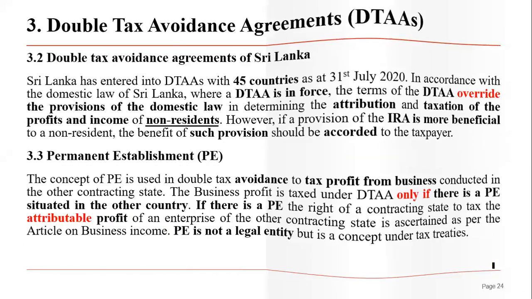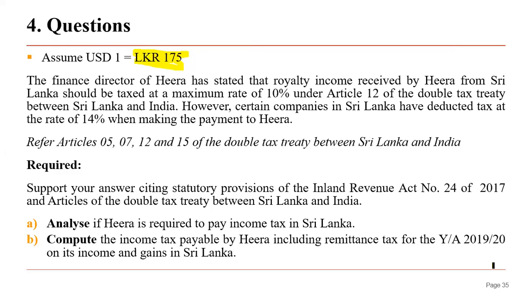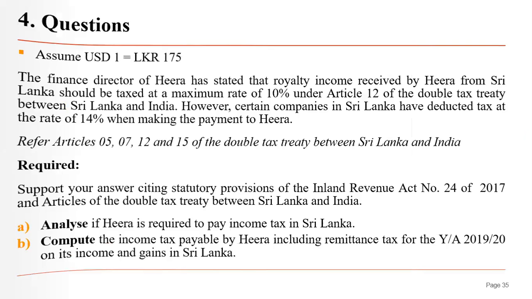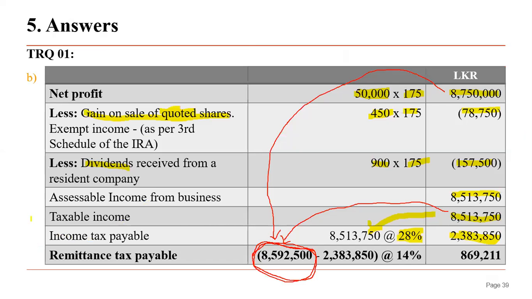Then we'll go to the question again. If you can refer to the initial question, in the past paper question this part is not there. I just added that in order to emphasize this theory part. Quite a good question, so I included this dividend part as well. So how you can arrive at this 895 is basically you need to take